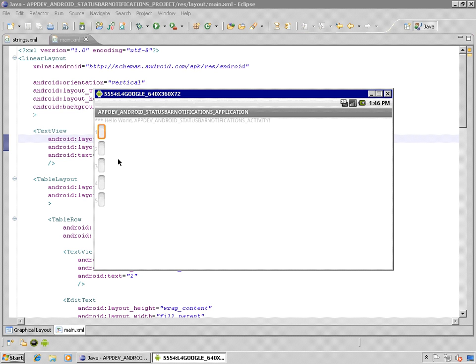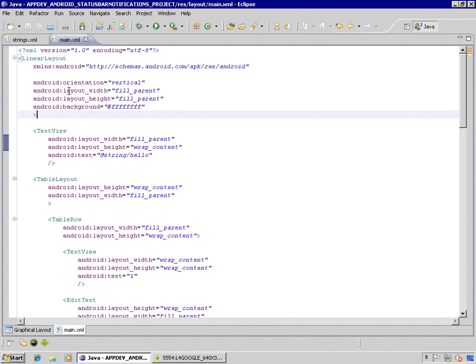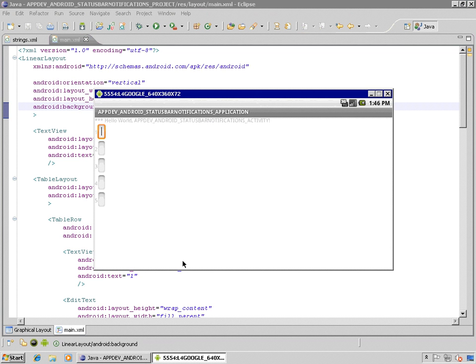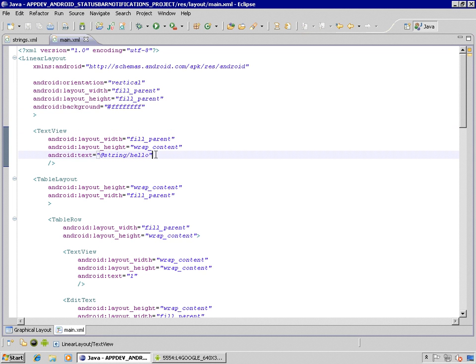So one way that we can debug any user interface problem, especially as it relates to the size of a thing, is to change the background color of each object and also its parent. So for example, if we go back, the linear layout's already white, so we know that everything that's white is part of the linear layout, and we know how big it is because the white boundary expands to the bottom and to the right. But what we don't know, for example, are things like what is the width of this text view? What is the actual area occupied by the table? So if the table was too small, that would explain why the edit text is also too small inside that table. So for example, under the text view, if we added a color,